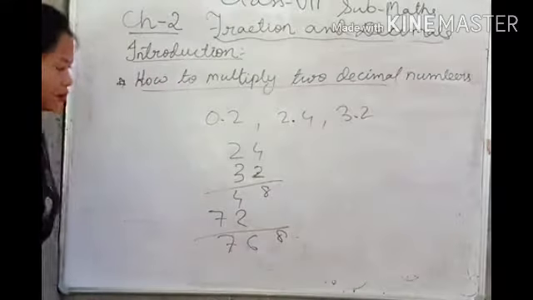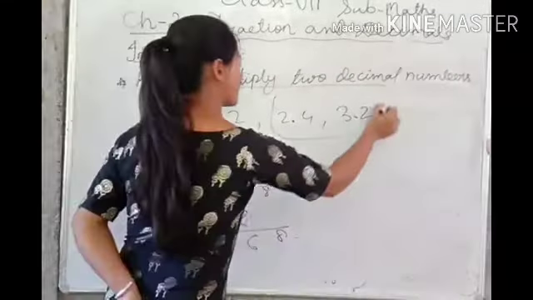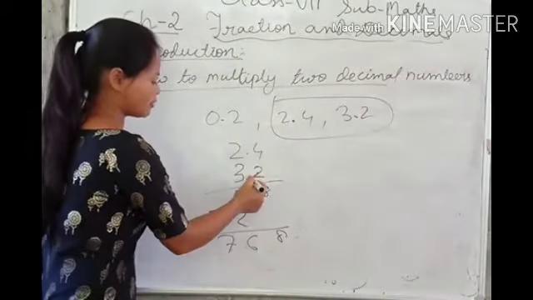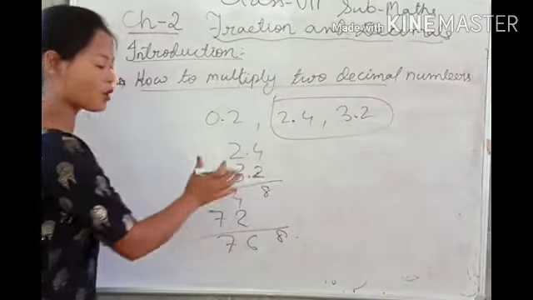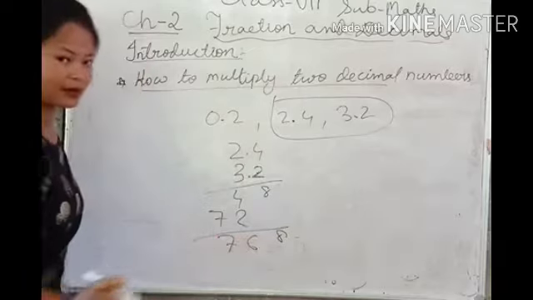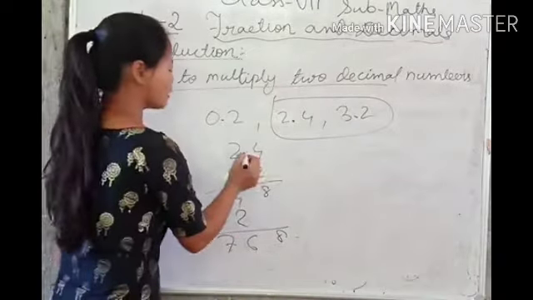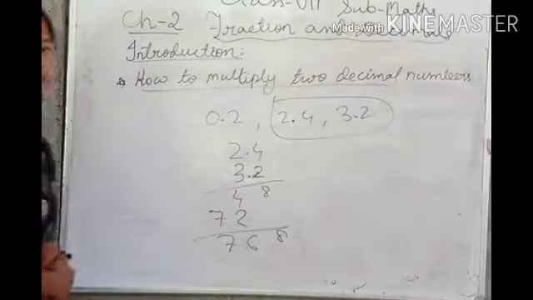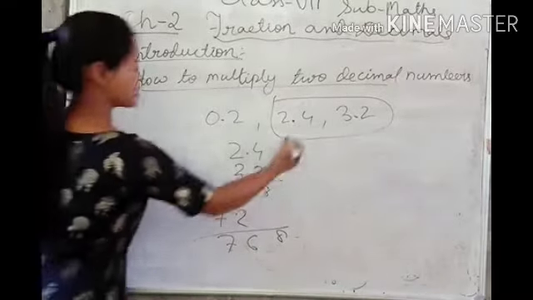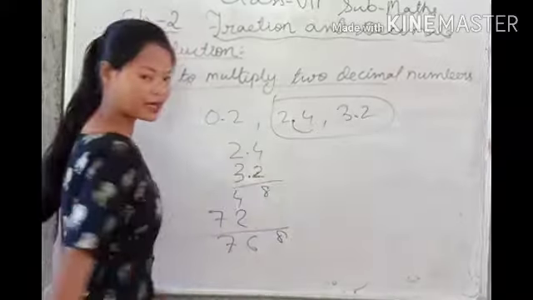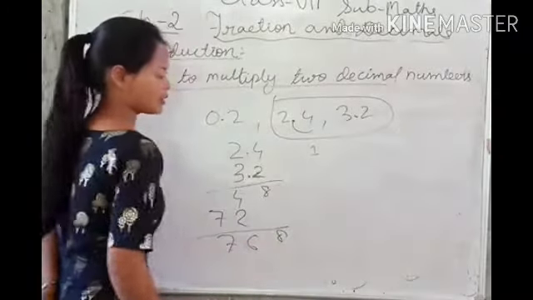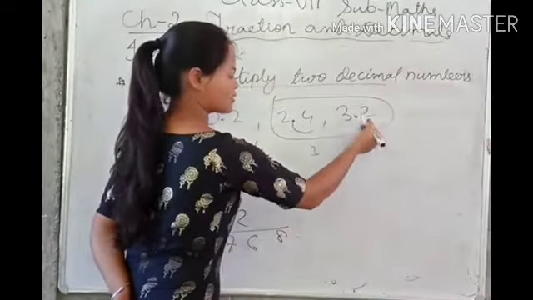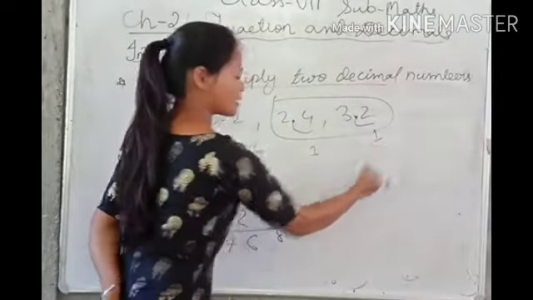This is your answer, isn't it? So what have we multiplied? We have multiplied these two decimal numbers as if they are whole numbers. The point is there, but we are ignoring this point and we multiplied and got this answer. Now what will you do? You will count the digits after the decimal, meaning to the right side of the decimal. So on the right side, how many digits are there? 1 digit, isn't it? And in the other number also, to the right side of the decimal, how many digits are there? 1 digit.